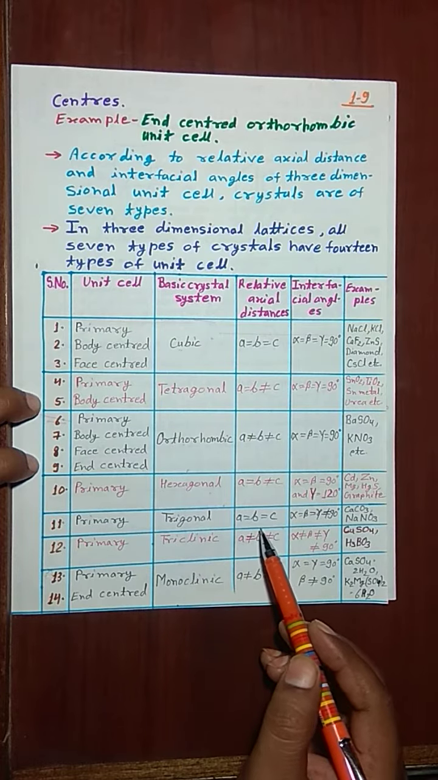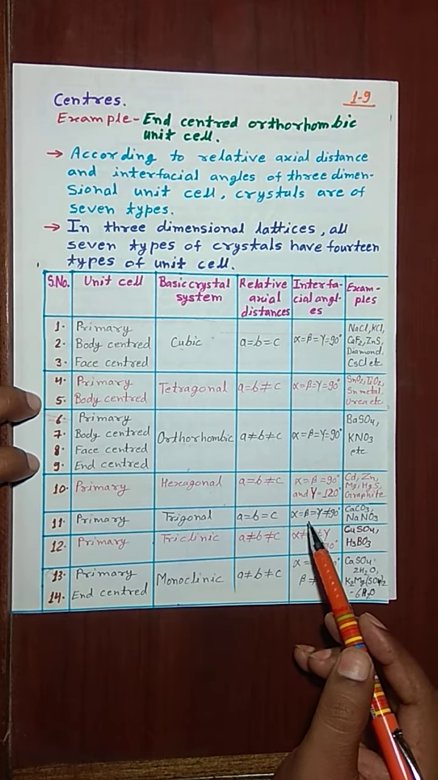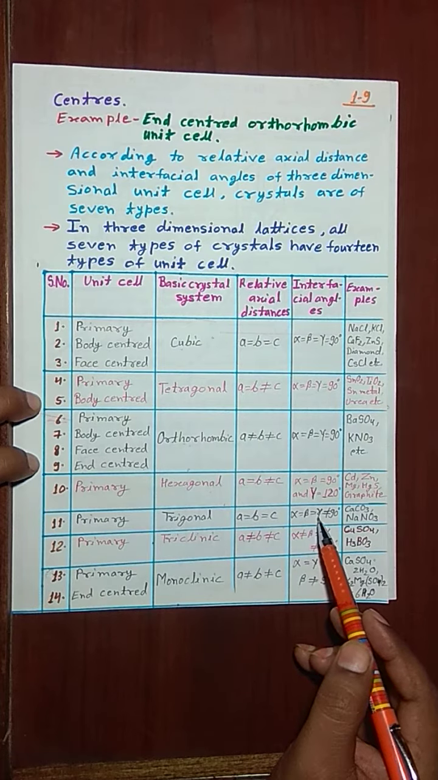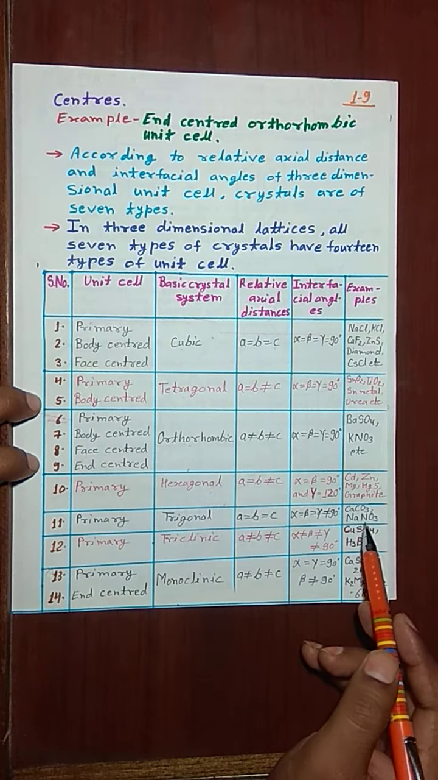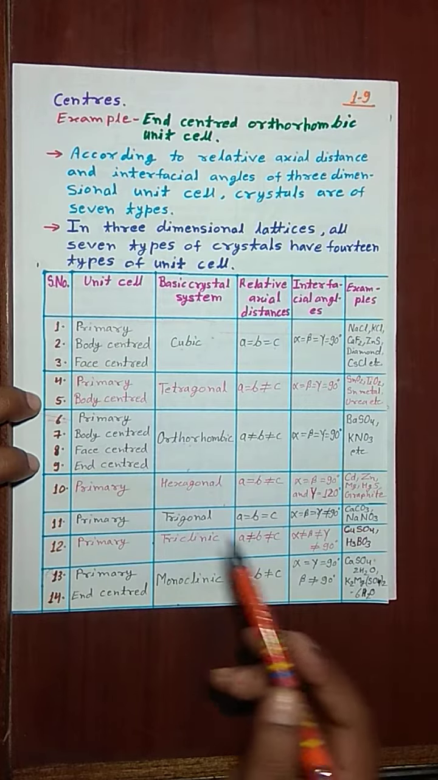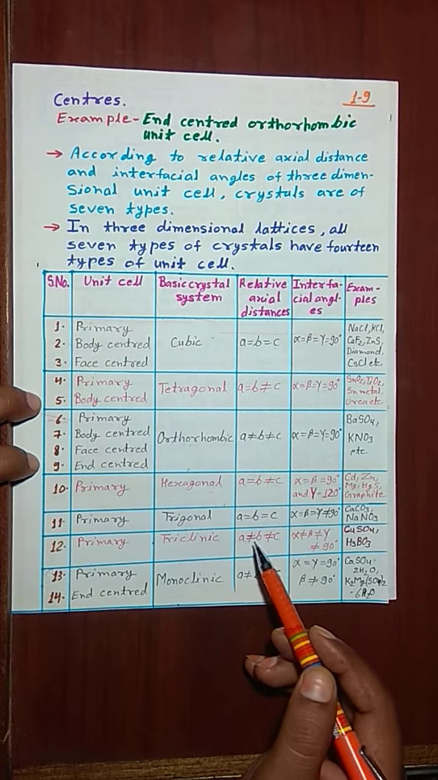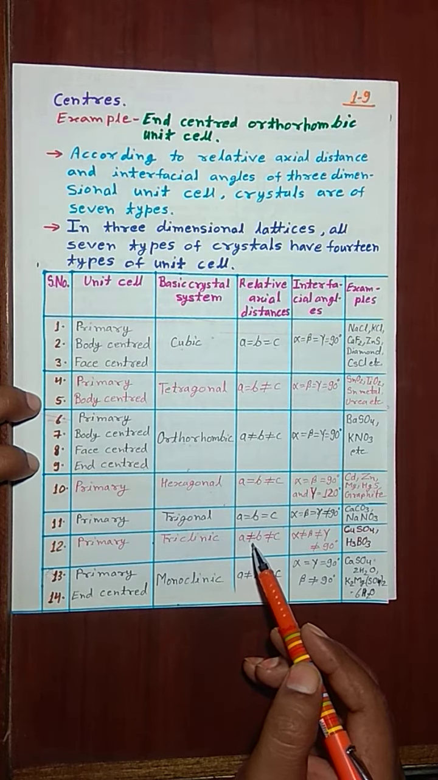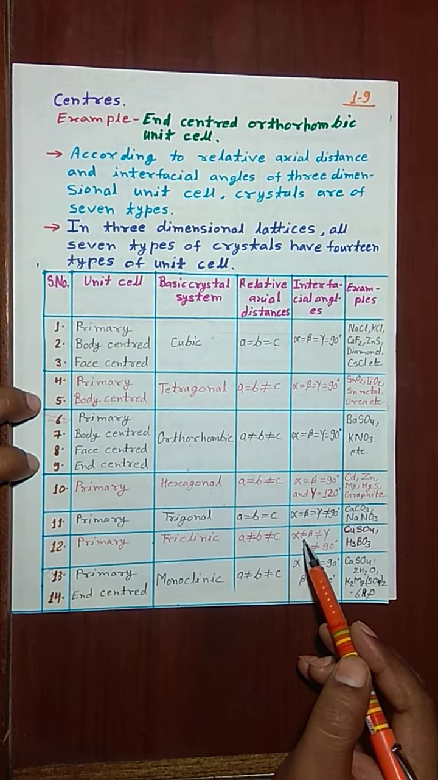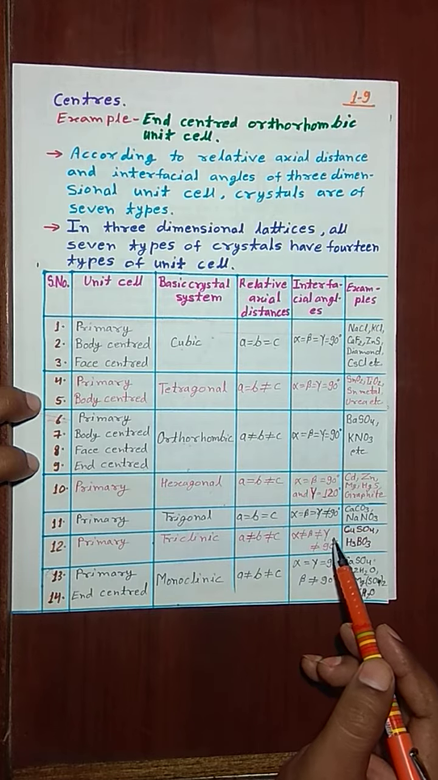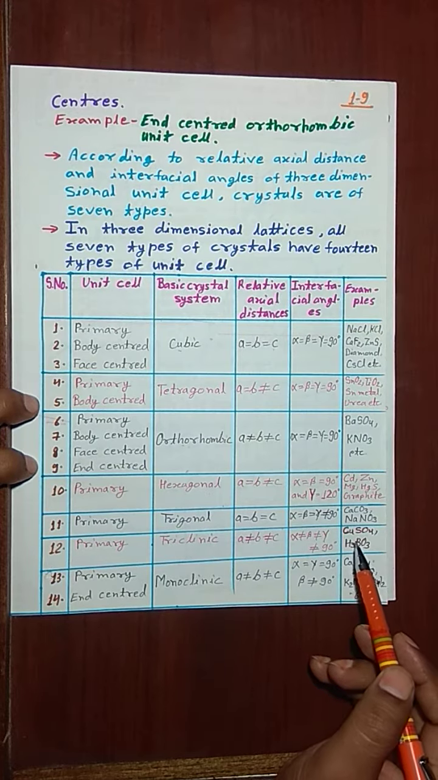Relative axial distances are A is equal to B and B is equal to C, and interfacial angles alpha is equal to beta is equal to gamma is not equal to 90 degrees, such as CaCO3, NaNO3, etc. And the 12th unit cell is primary triclinic unit cell, in which relative axial distances are A is not equal to B and B is not equal to C, and interfacial angles alpha not equal to beta not equal to gamma and not equal to 90 degrees, such as CuSO4,